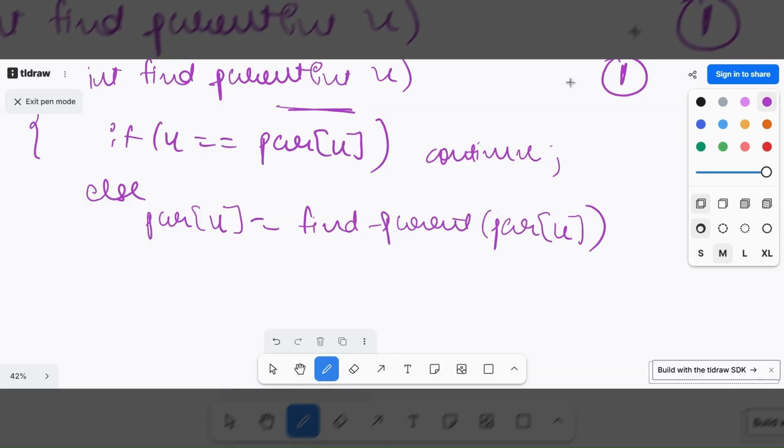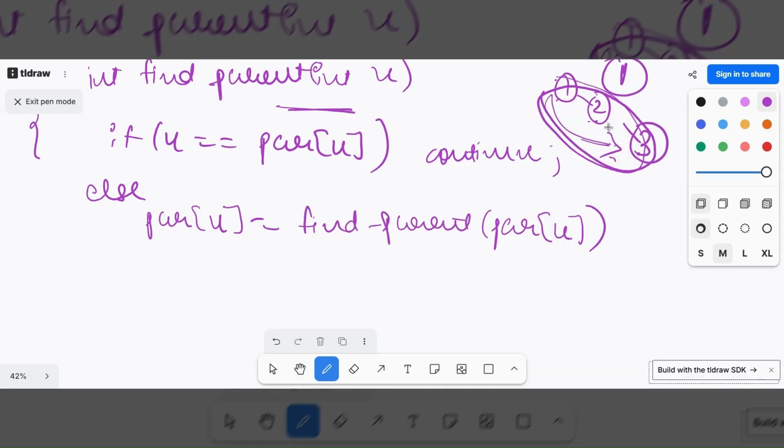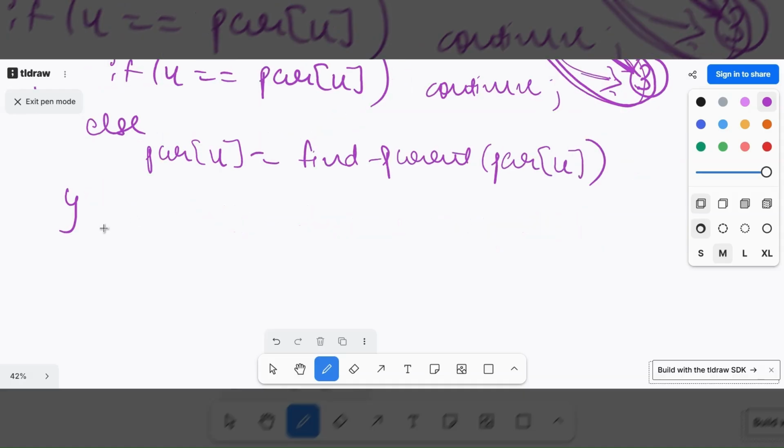That means if 2 is the parent of 3, then 1 is also the parent of 3. So indirectly we will put 1 only as the parent of 3. We'll not put 2 as the parent of 3. We'll directly put 1 as the parent of 3, saying that all are in the same node. So it's not the direct parent, it's the great grandparent. That's what you can assume with this DSU. So this is the recursive function, and I hope you got how we'll find the parent.